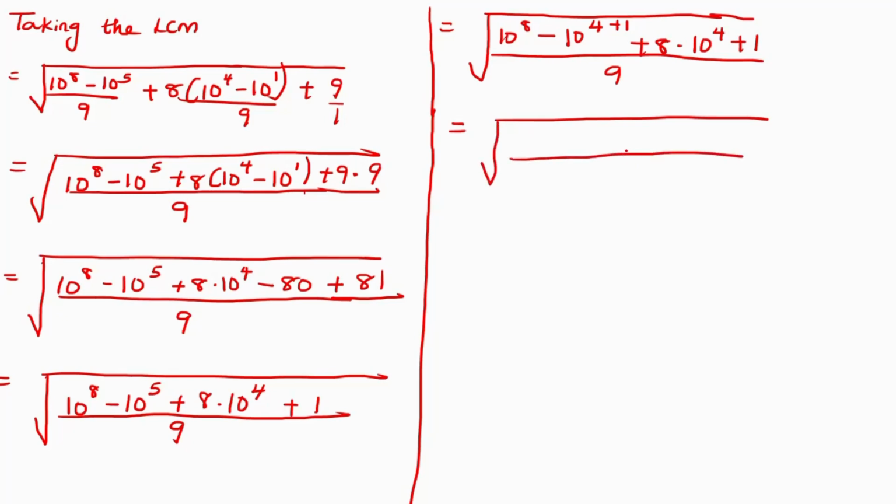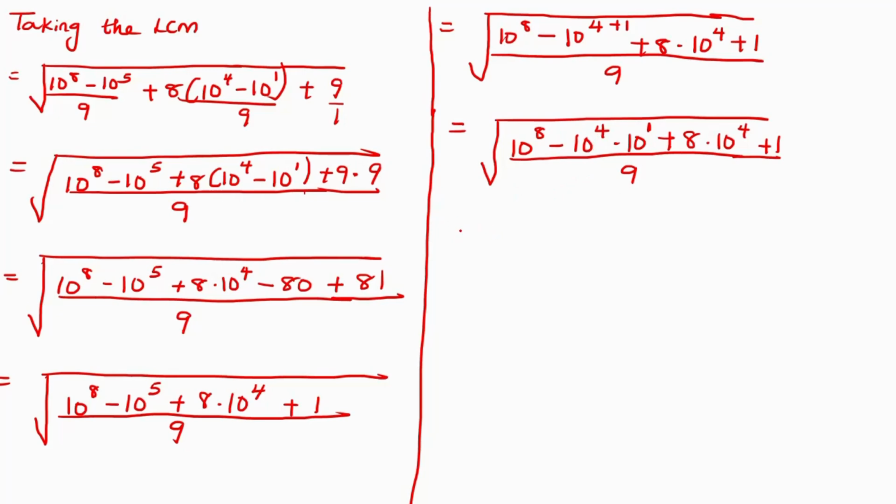Now the next thing we want to do is to simply separate this part. So we have this to be 10 raised to the power of 8 minus 10 raised to the power of 4 multiply 10 raised to the power of 1 plus 8 multiply 10 raised to the power of 4 plus 1 over 9. So from here we want to simply factor out 10 raised to the power of 4 from